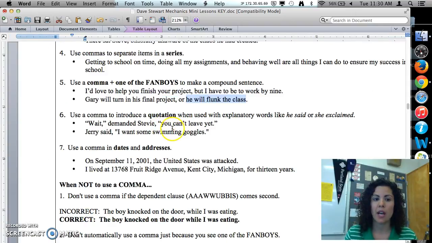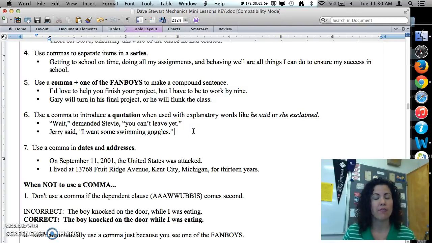The sixth rule with comma is to introduce a quotation. This is very, very important. When you say, Wait, demanded Steve, you can't leave yet. If you put the dialogue in and you put the speaker in the middle, you have your quotation marks here of what's actually being said. You put the comma right here inside your quotation marks. Then you put who is speaking, comma, start your new quotation marks, and then your period goes inside the quotation